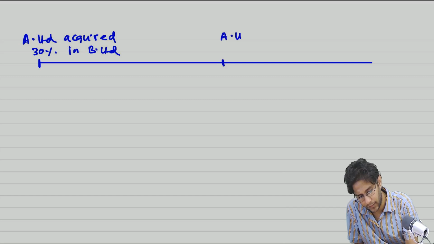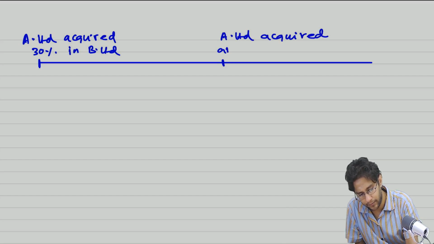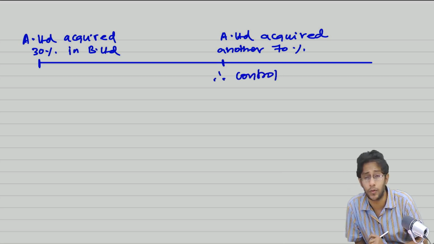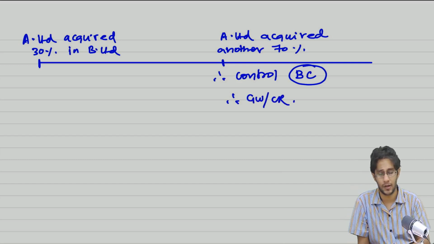Subsequently, A Limited acquired another 70%. Therefore, control is obtained. Since control is obtained, this is a business combination transaction now. Therefore, we have to determine goodwill or capital reserve. Now,